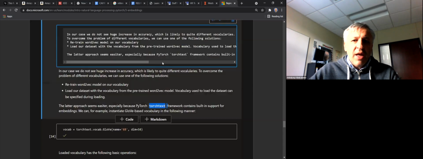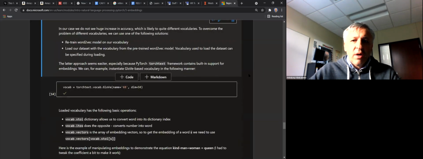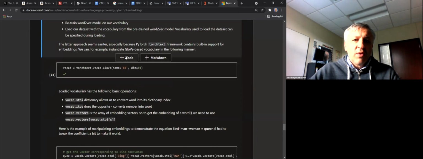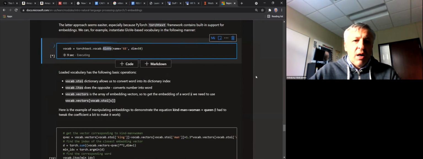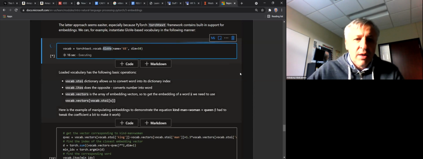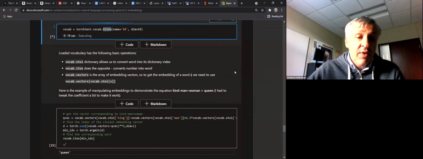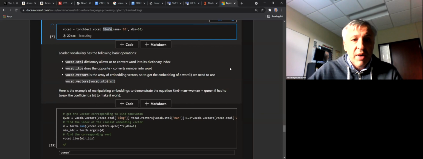Again, TorchText has the framework which has built-in support for this sort of embeddings. And so we can, for example, try to go with a GloVe-based vocabulary. This will read us the GloVe vocabulary. It takes a bit of time to read it. But then we can actually take this vocabulary and run our data set against it, and we will see that there is a better